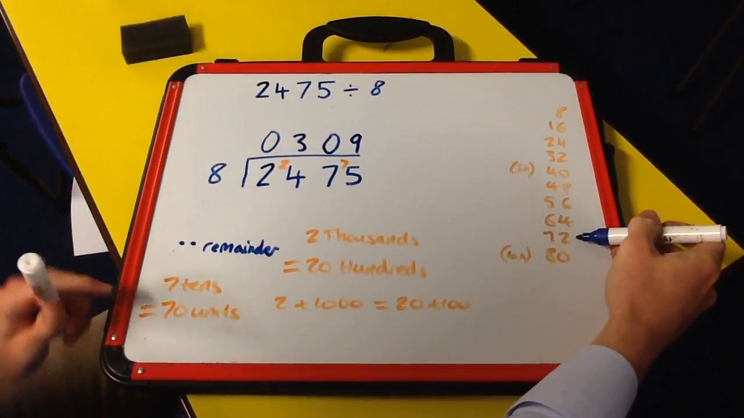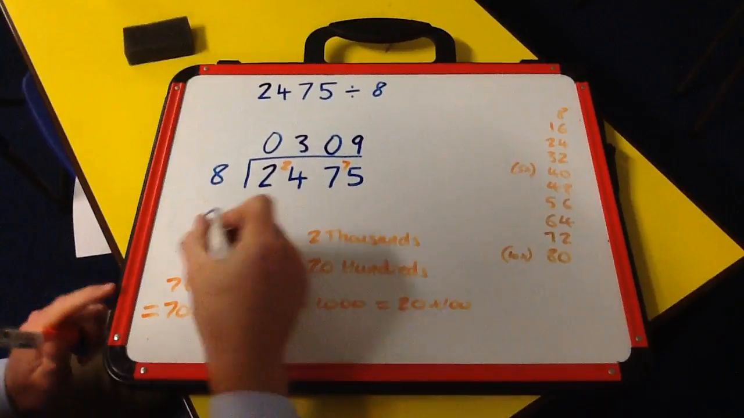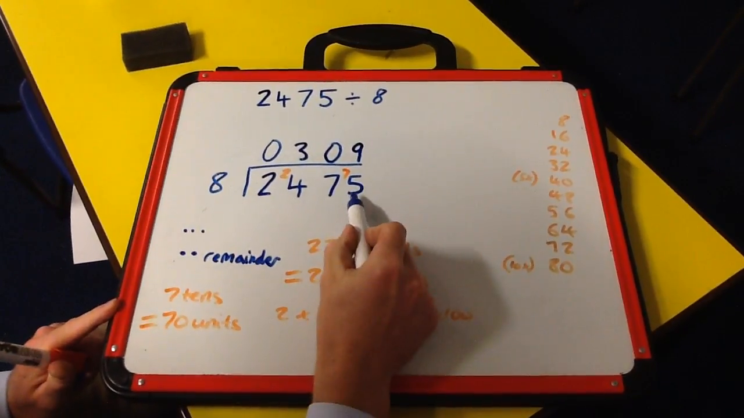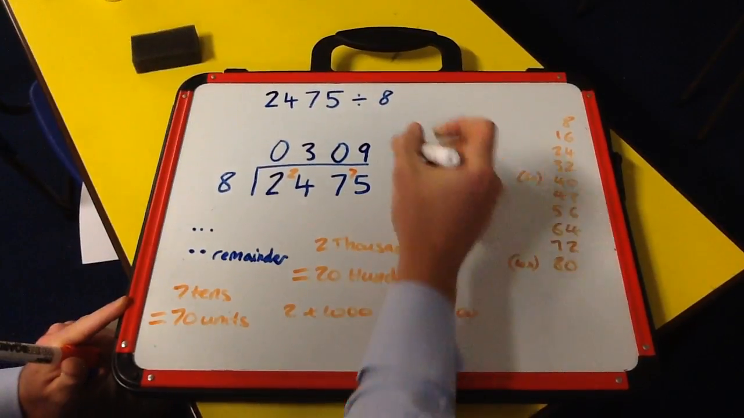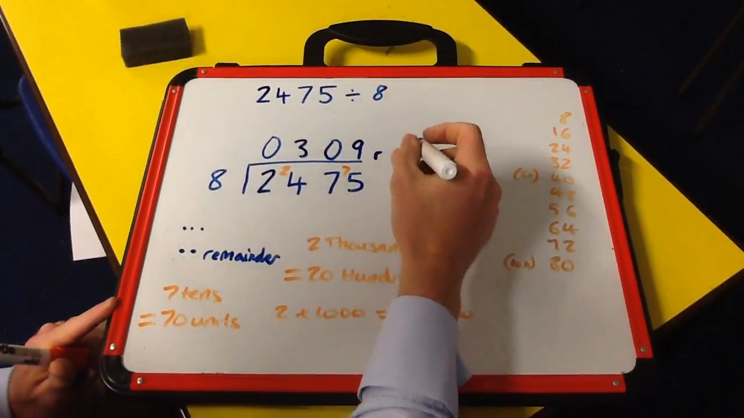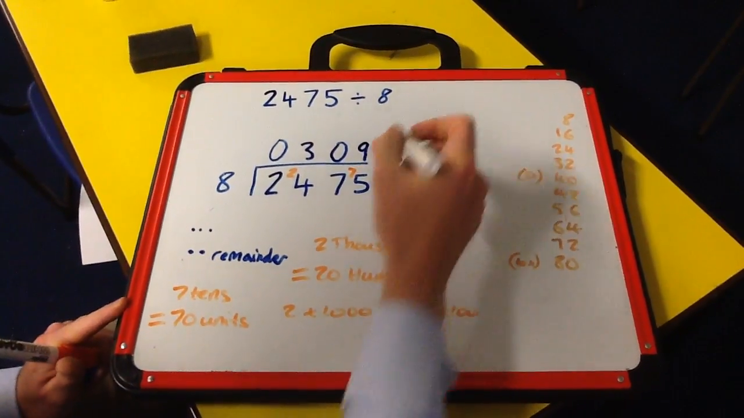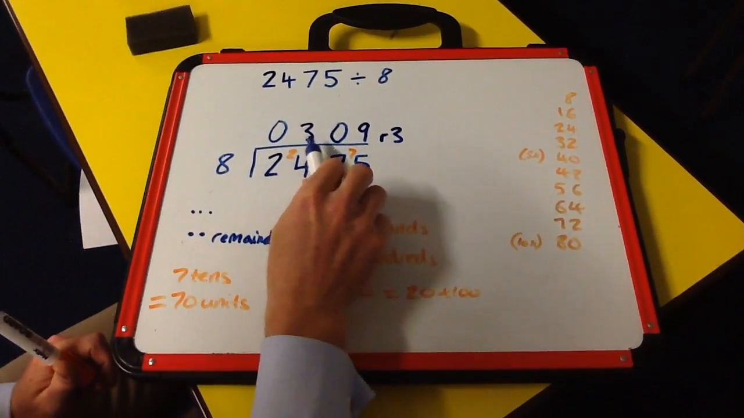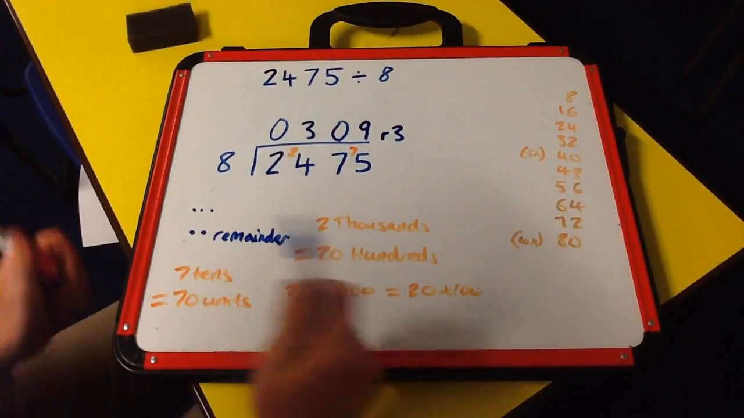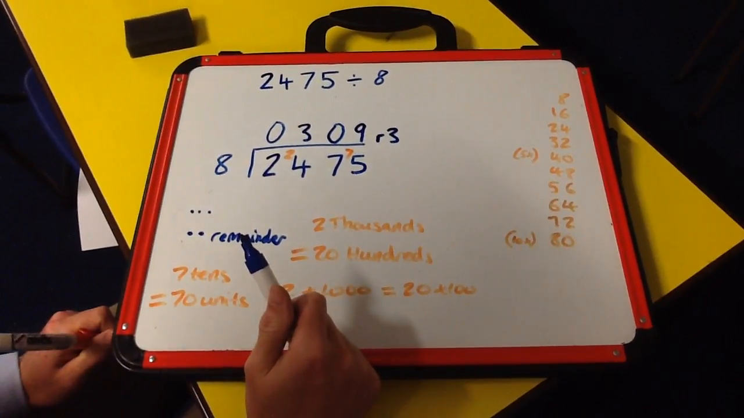9 8s is 72, but we've got 75, so we have 3 left over. 72 to 75 is 3. 3 is our leftover. So we put our remainder as 3, that's what we've got left over, remainder 3. Now we can go a bit further than that. We can leave that as an answer, 309 remainder 3,